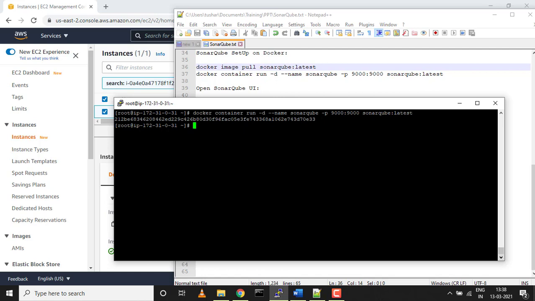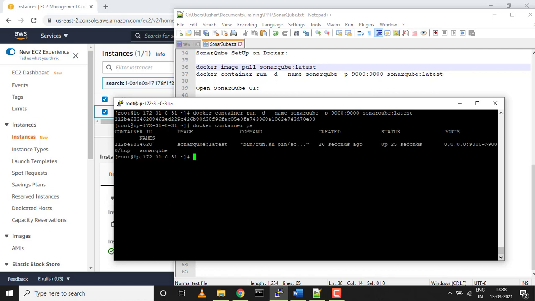Okay, so we have this container running. We'll check again with docker ps. So my Docker container is running on port 9000. In order to access it, come back to your AWS console.